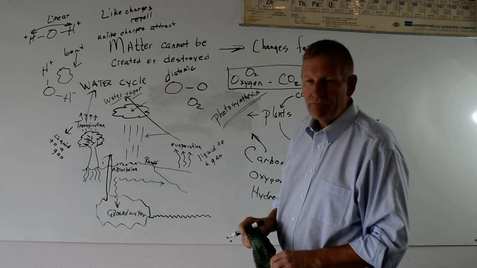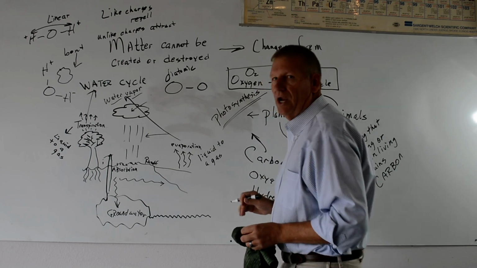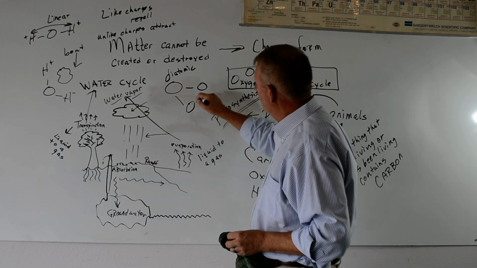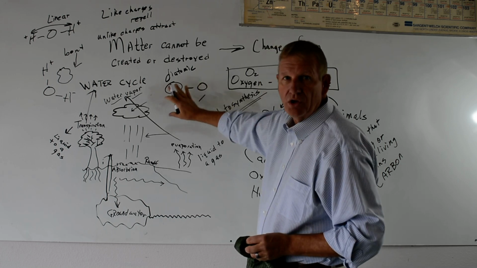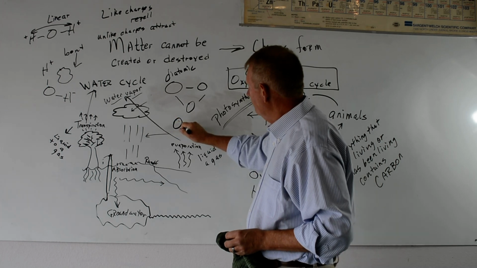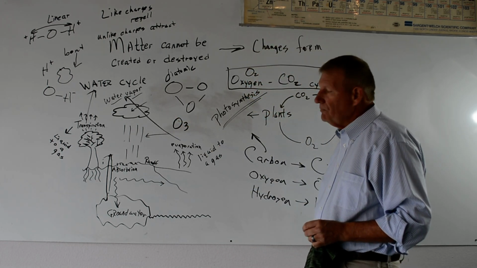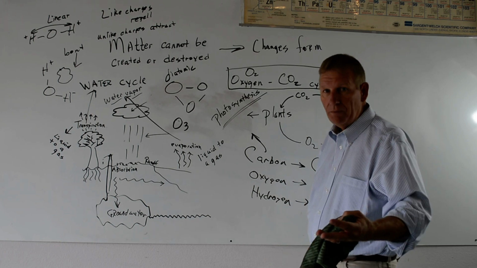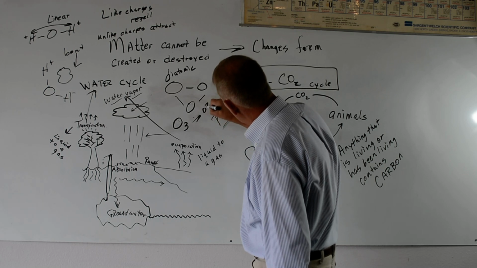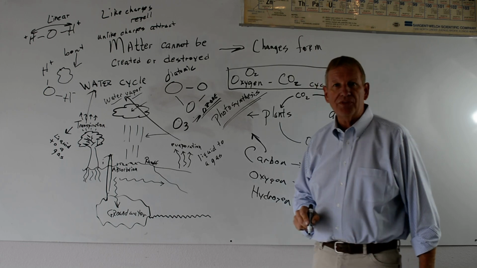Now, I'm going to go one step further, and I'm going to show you a third one. We have another area where oxygen can actually form a third bond here, where the outside electrons share the electrons. It's kind of cool. So we have O3. Now, what is O3? It is 3. When we have 3 or more, it's called polyatomic. But O3 is ozone. So we hear a lot about that. We hear a lot about the ozone layer. We're going to talk about that here in a little bit.